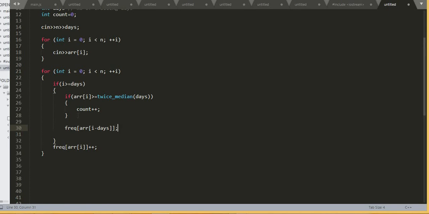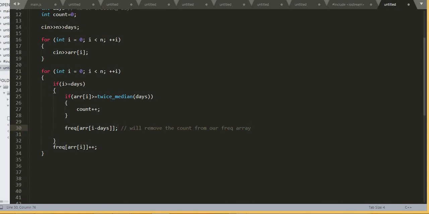So this particular statement will remove the count from our frequency array, and this will only work in the cases where we are ahead of the loop, like ahead of the trailing days. So okay, this is one of the main important statements of the whole code, I would say.